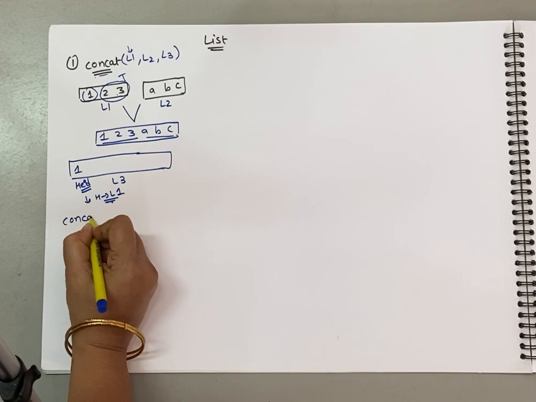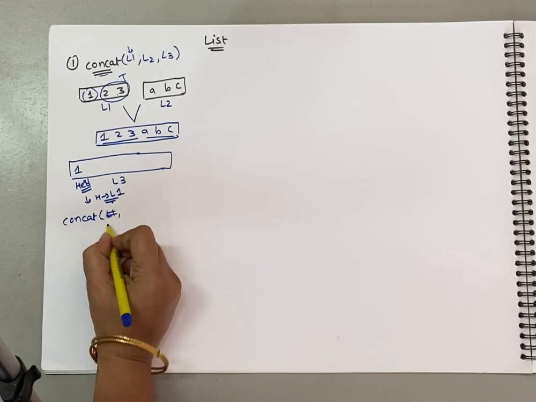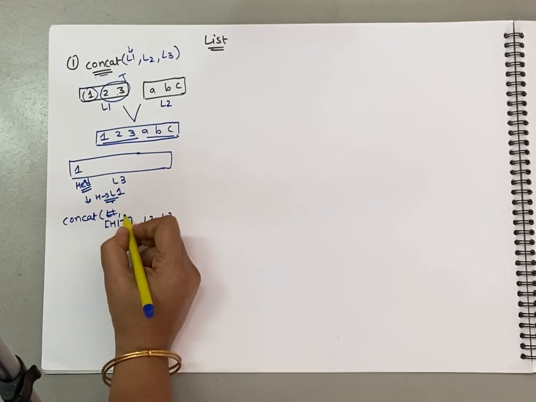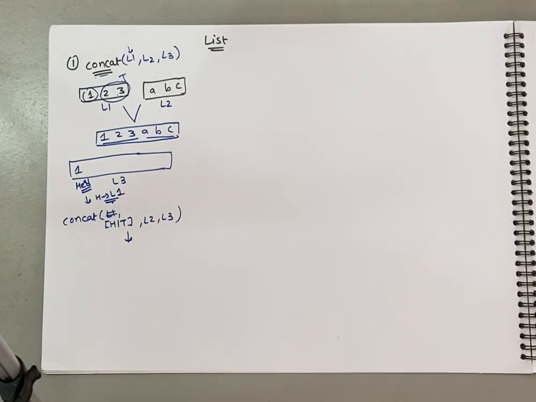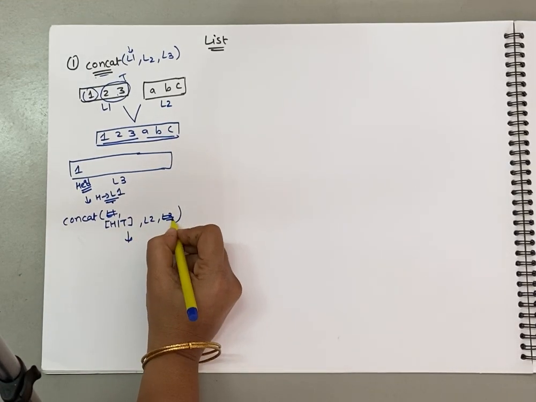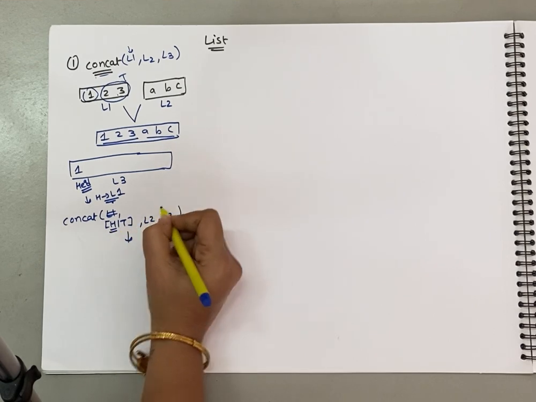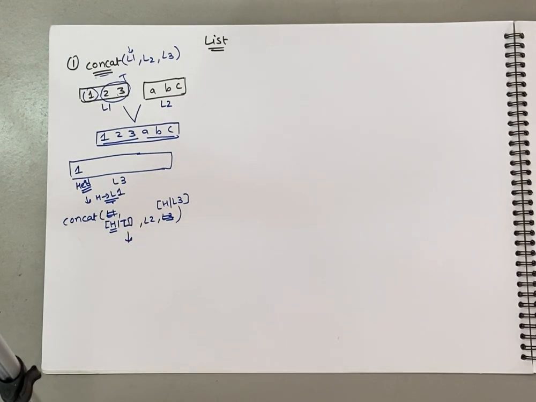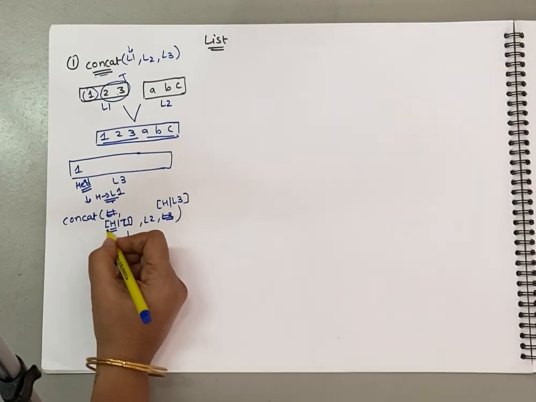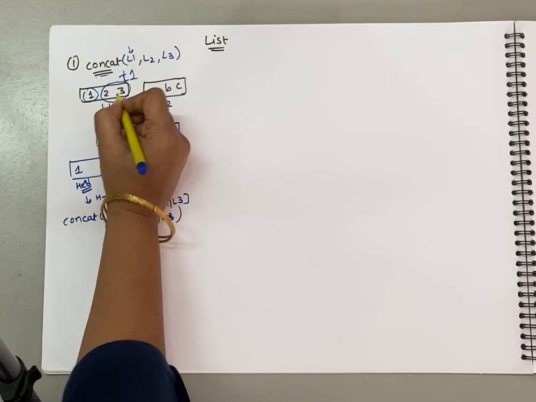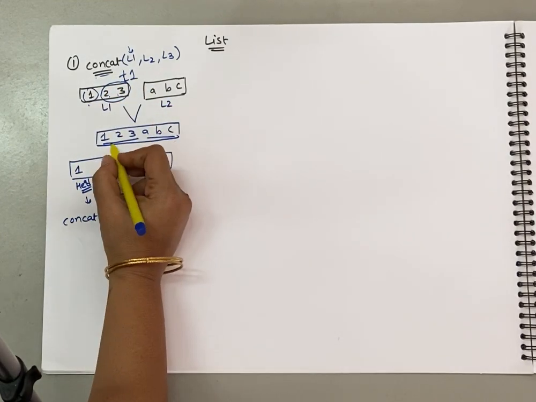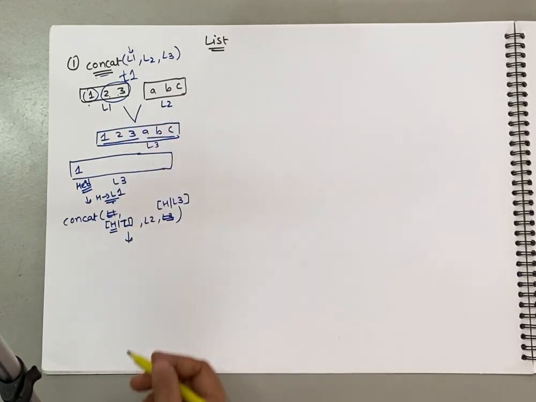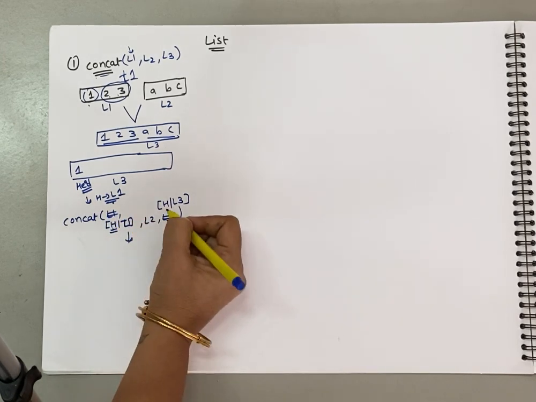So in the next call, what should we be passing? Initially concate will be called like L1, or let us say L1 should be written like head and tail, L2, L3. Then the next call. Next what is going to happen? Now the L3 result will be generated, and the head H will be copied as it is, and let us say the tail is nothing but L3. Instead of tail, let us call it L1 to make it very clear. So what will happen over here? This is L1. L1 contains 2 and 3. Head is 1. This is L2, and this entirely we are going to call L3, which we have to generate. Initially L3 is empty. So what we intend to do is H should be copied directly over here.